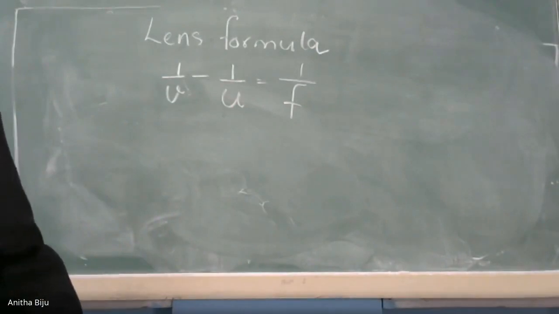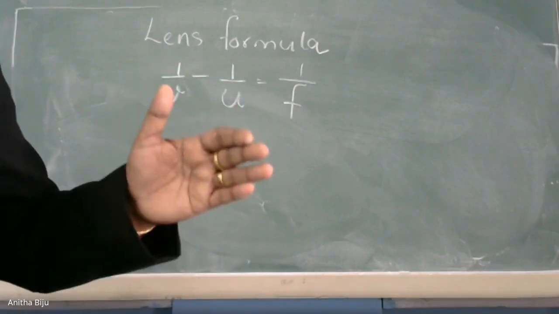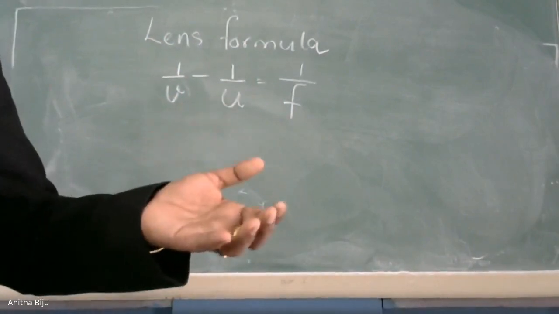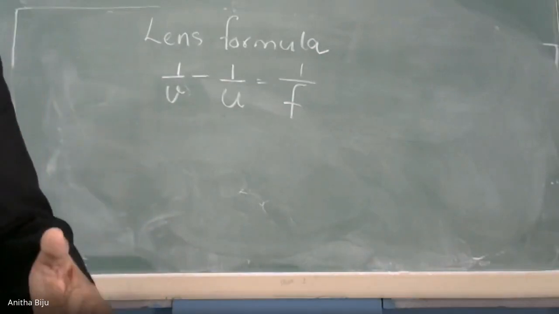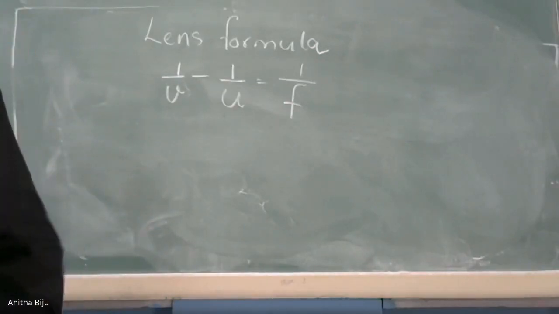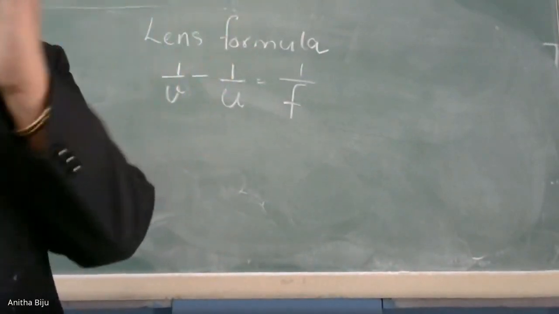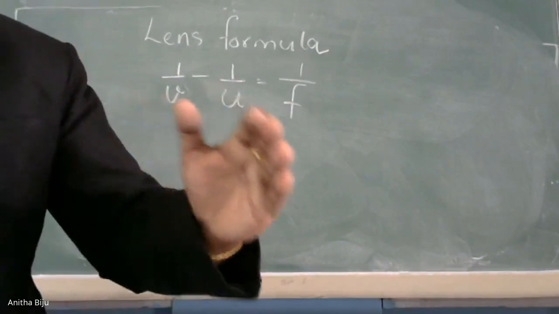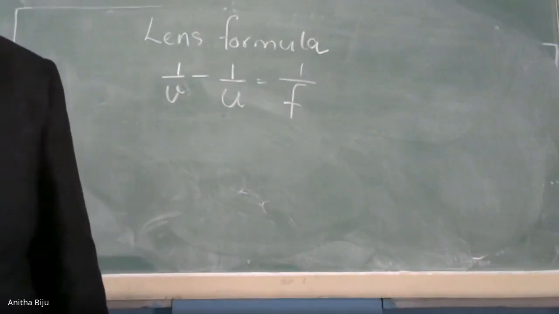So that's why a concave lens is known under the name diverging lens. In that case, the focus is in the same place as that of the object. So that means the focal length of a concave lens is negative and that of a convex lens is positive. For a convex lens, you know that we always get the focus on the other side of the lens. So the distance between the optical center and the focus is always positive. So that's why the focal length is positive.